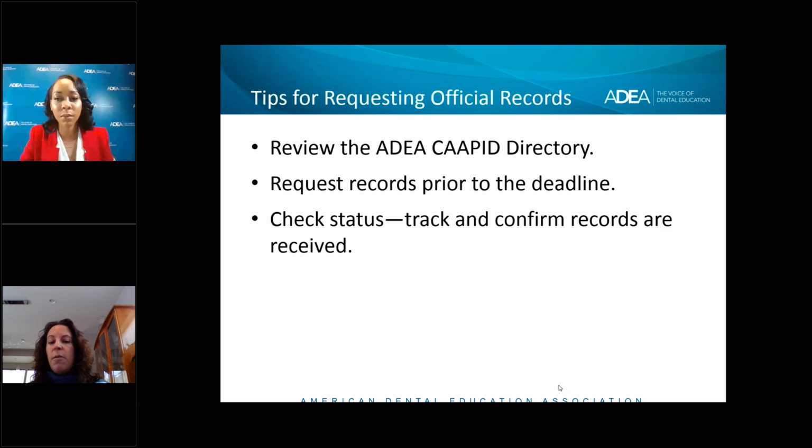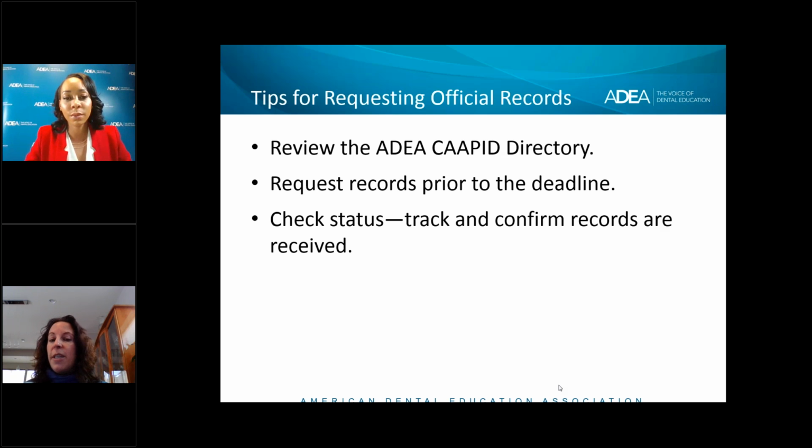So you want to make sure you have at least 2 weeks in general, although that could be more or less time needed, but 2 weeks is a good amount of time to think about getting your test scores ordered and getting your transcripts to ADEA CAAPID. The other thing is that just be reminded that your test results are not available right away. So that does take some time as well. So just make sure you're pre-planning well enough in order to get that information.